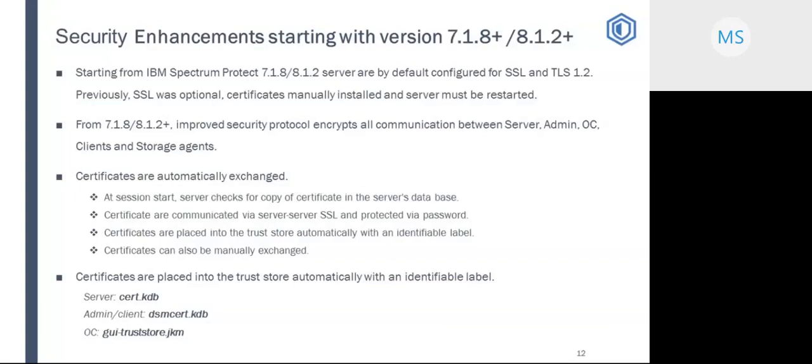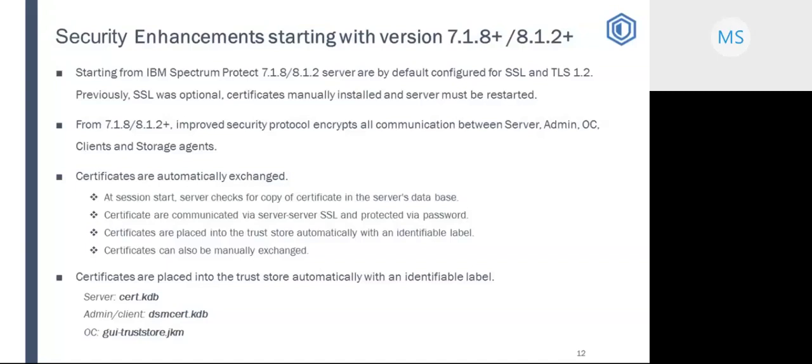First, at session start, the server checks for the copy of the certificate in the server database and then certificates are communicated via server-to-server SSL and protected via password. Then the certificates are placed into the TrustStore with an identified label. For the Spectrum Protect server, the TrustStore is CRT.KDB, for client and API it is DSMCRT.KDB, and for Operation Center it is GUI-truststore.jks.